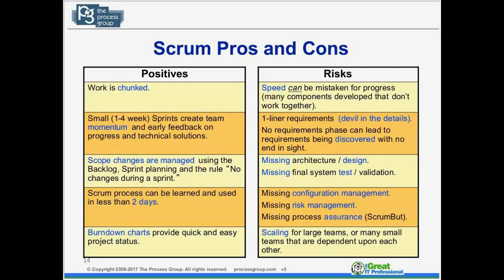So the positives are that the work is chunked. Any system that chunks work is typically a good system for visibility. The teams do create momentum. They get into this routine, which is very positive, that if it's Monday, it's planning day. If it's Friday, it's kind of demo day. Scope changes can be managed very effectively by adding them to the backlog and not just inserting them into a sprint that is active right now. The process can be learned in two days or less, and the burn-down charts are a very easy and quick way